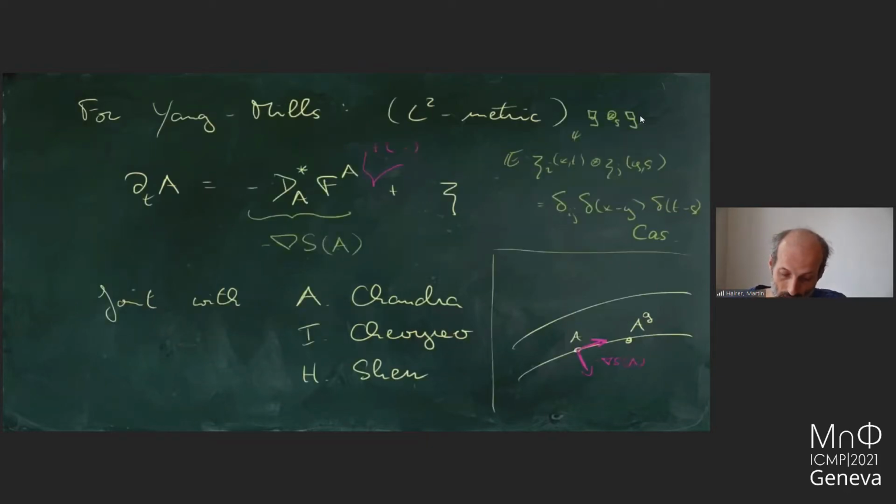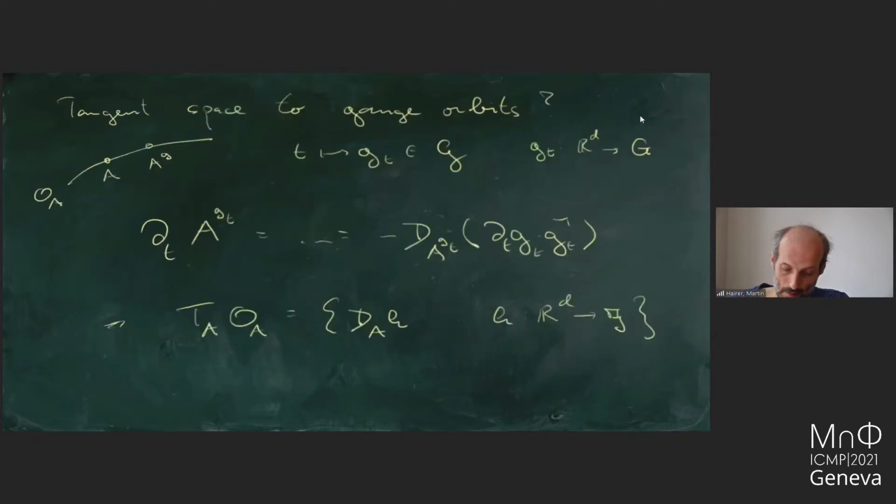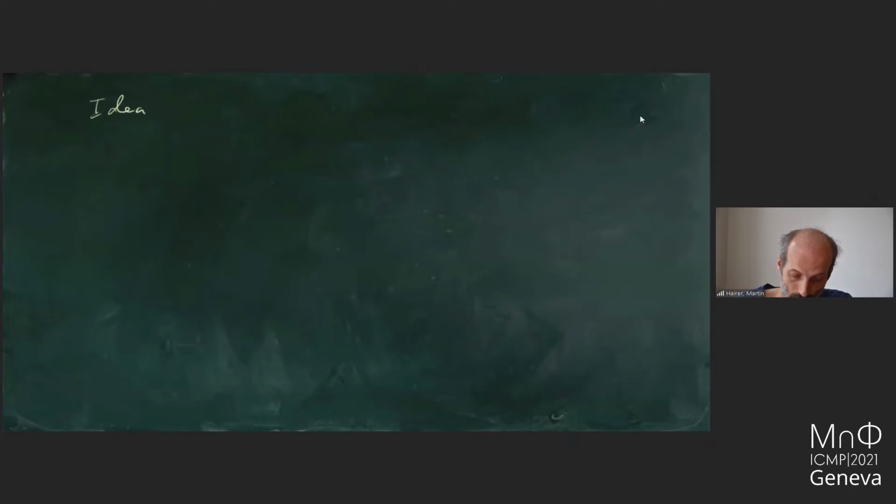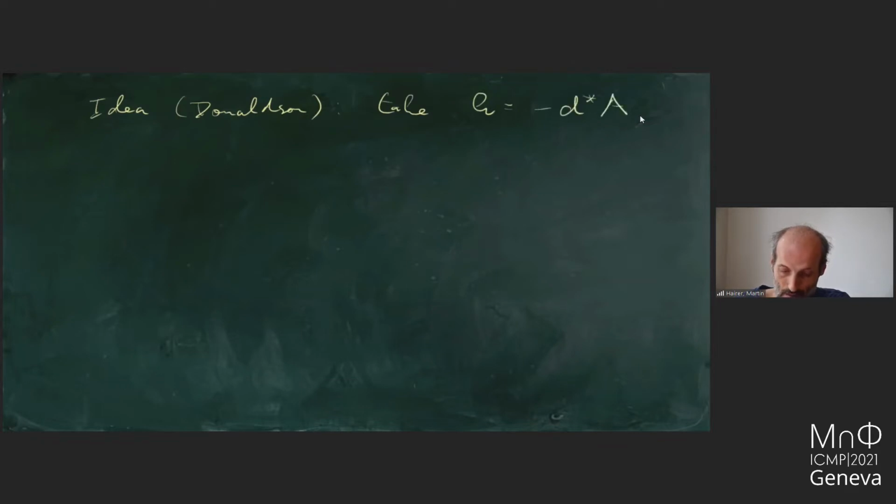And so that tells me that here I can add any term which is of the form D_A of H. And H is, well, if I want to make it autonomous, I can just take any function of A. And so then the idea by Donaldson is to take H equal to minus D star A. And why is that a good idea? Because now